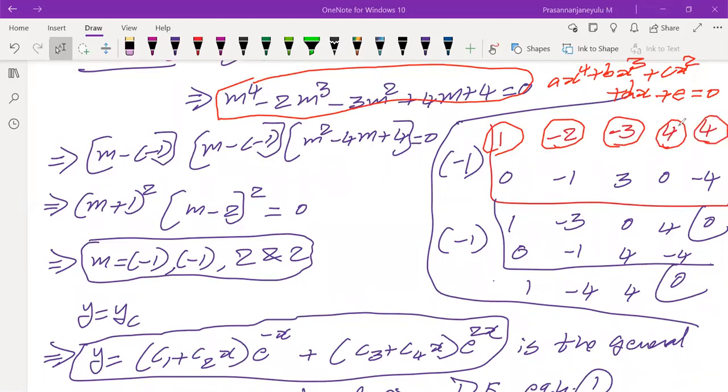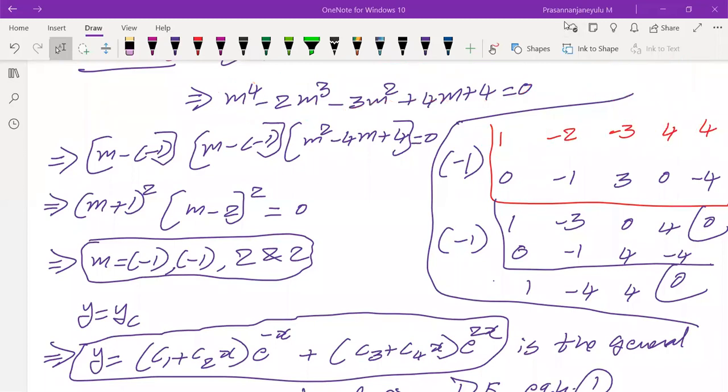Enter one after the other. How to enter one after the other? You press 1 and press the equal sign. The equal sign is the enter option in your calculators. And then minus 2, enter. Otherwise, use the joystick, right arrow, and enter minus 2, minus 3, plus 4, and 4. And then tell me what roots you are getting here. Getting the same roots or not? Minus 1, 2, sir. So you will get the same roots, but this is the advanced calculator which you are using, the Casio FX991ES ClassWiz.